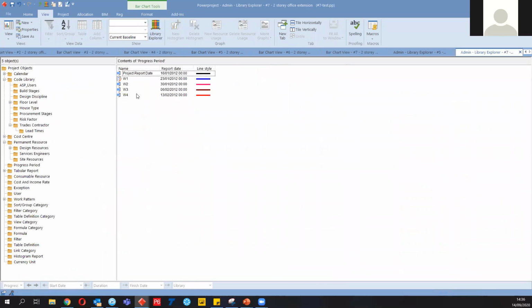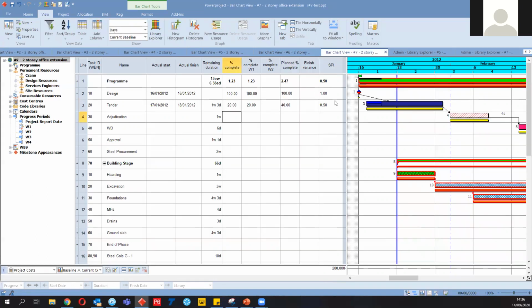line color. So if you open it, you see that week one color is blue. So then I'm able to display this shading in blue. And also the progress line, where it should be at the end of week one, is blue, and we can determine and also distinguish what we have done, what are the works performed in our progress period. So let's say, okay, so this will be our progress,